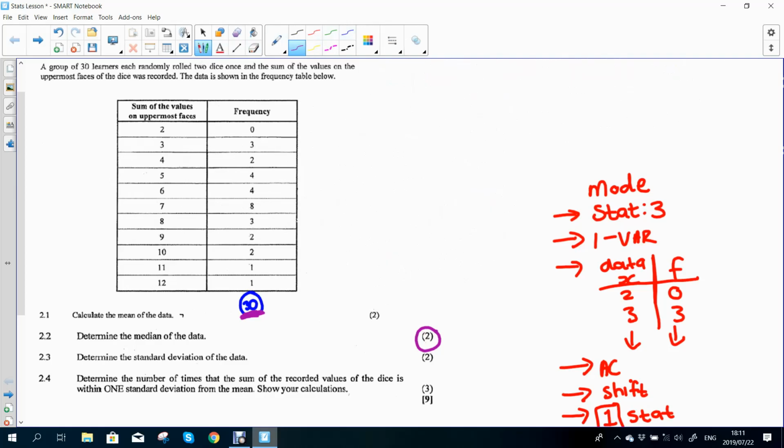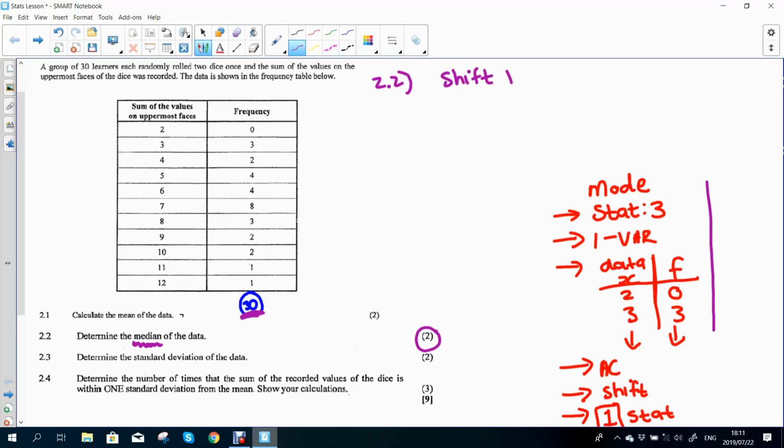But we want to use the calculator. You can actually use the silver calculator to get to the median. If you do not have the silver calculator, guys, I'm sorry, but then you will have to do it manually to get to your middle value. By the way, the median is the middle, if you forgot. Okay, so 2.2. How do I get to the median? So we go Shift 1. Now remember, your calculator already has all the values entered.